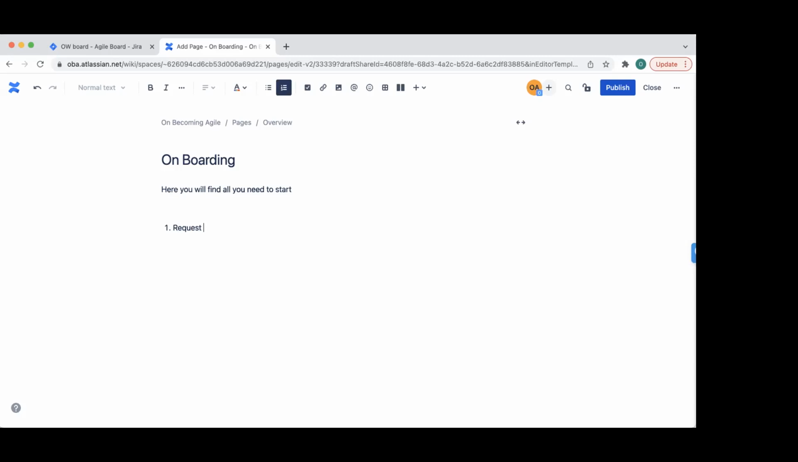You need to request Jira access. Definitely have Jira access for them to have access to the Confluence. You request dev environment. It could be request company ID card, request corporate credit card. So basically, this is where any new team member can come